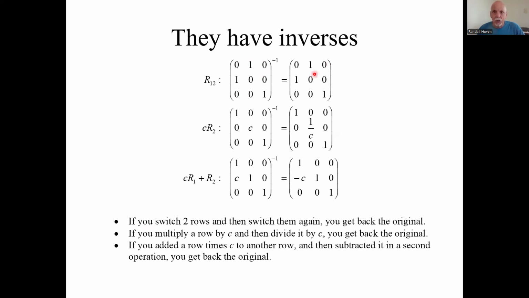So you show that this is the inverse of this matrix. Same as here. If I first multiply by c and then divide by c, I get back the original. If I first added c times a row and then subtracted it, I get back the original. So it's nice that they have an inverse,